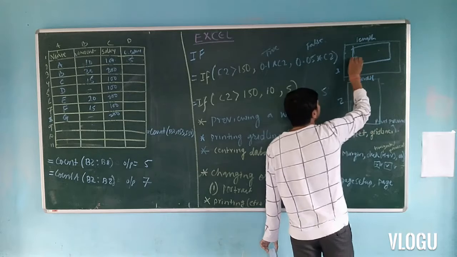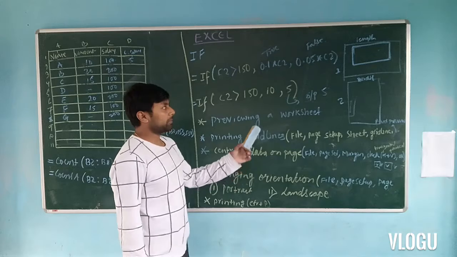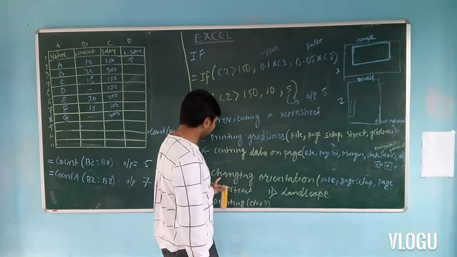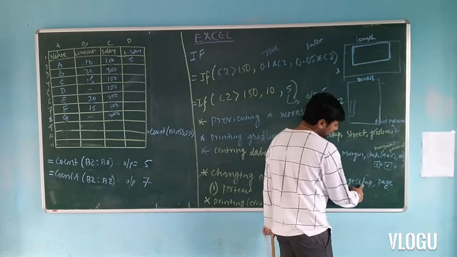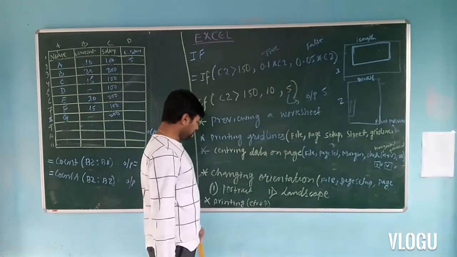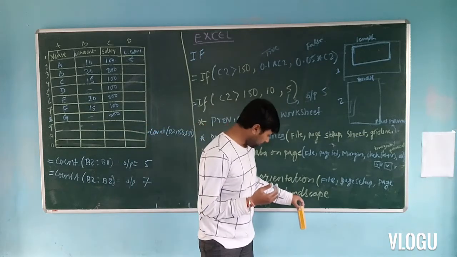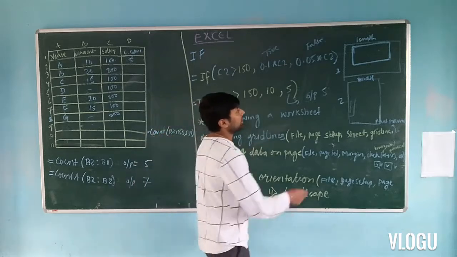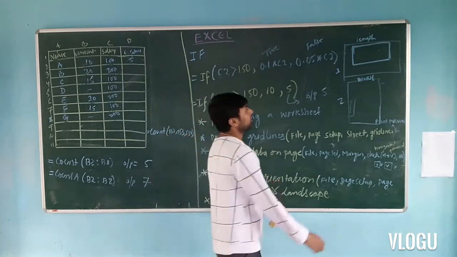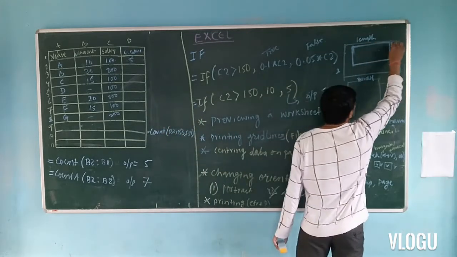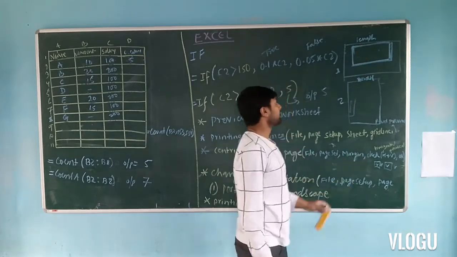My data will be located along the length of the paper. So what I can do, first I have to go to file, then page setup, then page. There we find two options. One is portrait, another one is landscape. For the length, we have to click on landscape. Then all the data will be arranged along the length of the paper, that is the top of the paper.